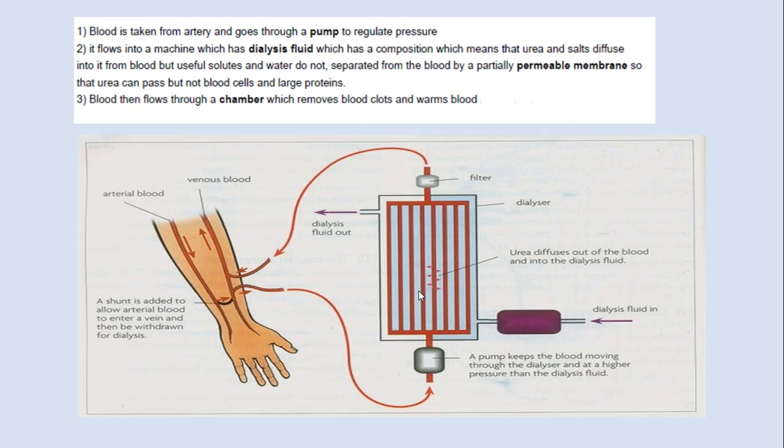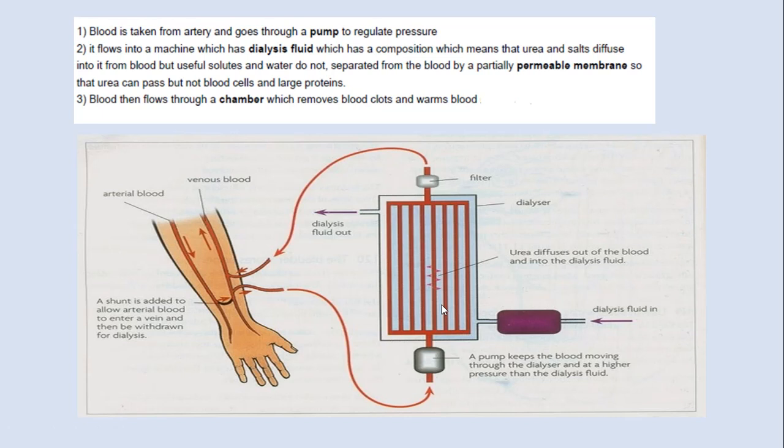with the proper amount for dialysis. So here, once the blood gets out, it goes to a filter. This filter removes the blood clots and any residues, and warms the blood to get back again to the vein. Also, for diffusion to happen efficiently,